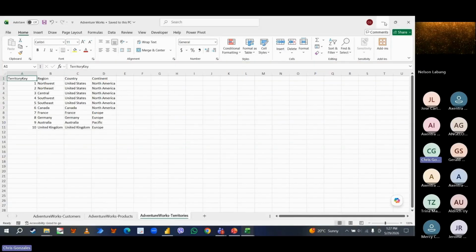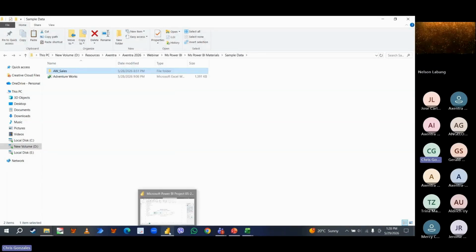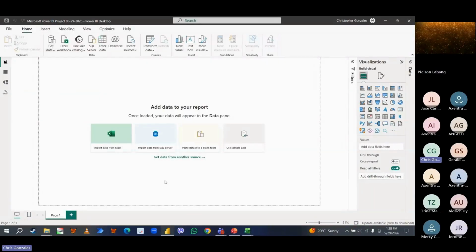Instead of importing the files one by one, what we will be demonstrating later is importing the folder instead. Power BI has a capability to consolidate records inside the folder and display that in a single table. We'll demonstrate that, and we can actually apply that kind of process in the backend interface. So let me go back to Power BI and show you the step-by-step procedure.